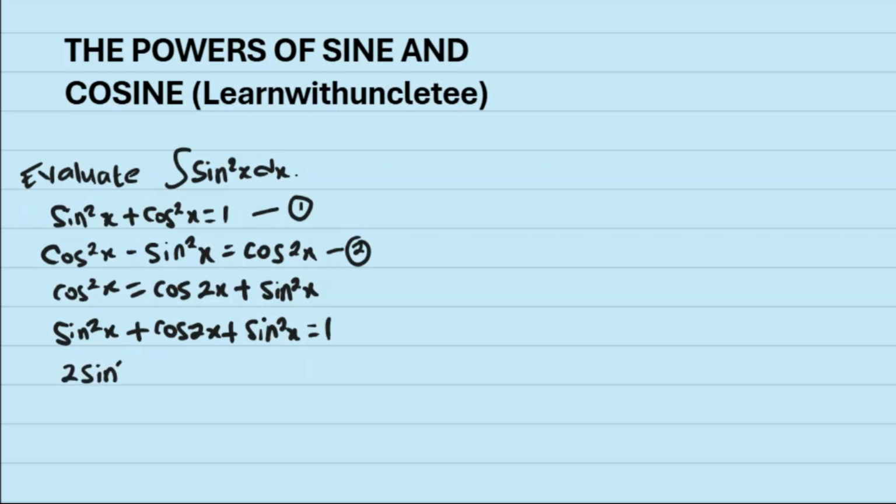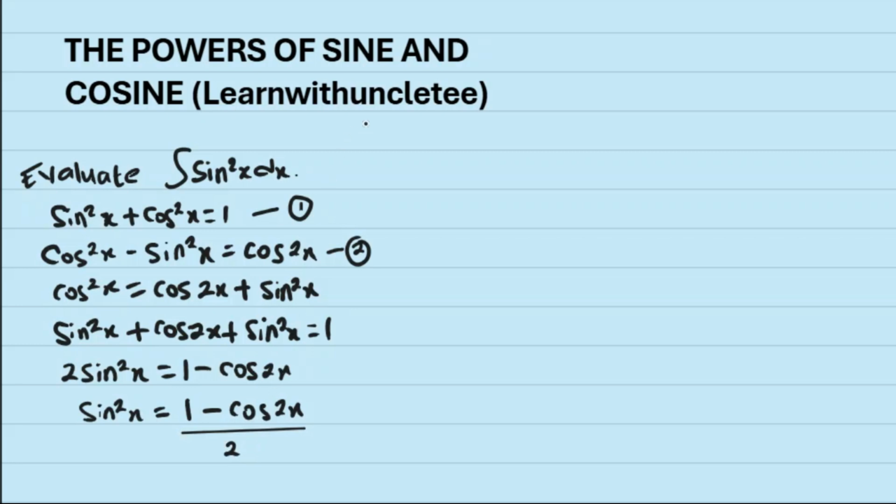We'll have 2 sine square x to be equal to 1 minus cos 2x. If we make sine square x the subject of formula here, sine square x will give us 1 minus cos 2x divided by 2. So now, since we have gotten our sine square x to be 1 minus cos 2x divided by 2, it means that